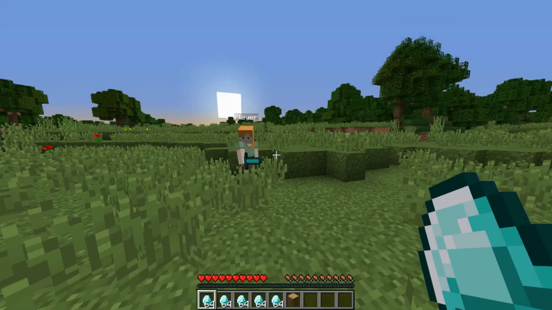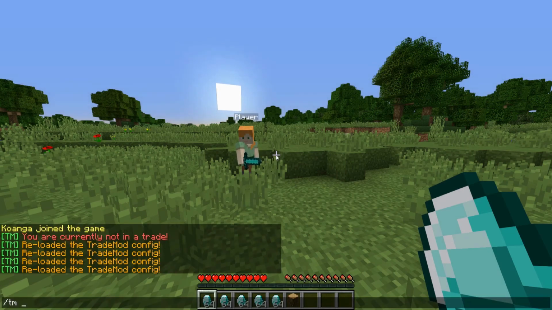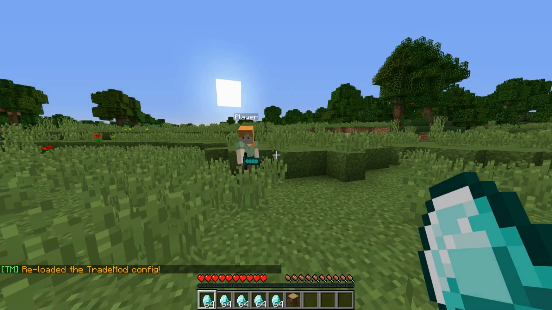Alright, now on to the admin commands associated with TradeMod. At this time, there is only one admin command, and it's /TM reload. And it does exactly what you might expect. It reloads the TradeMod config. The config.yml includes the configurable values for the plugin for trading itself. It also includes the messages associated with the plugin. So that means things like